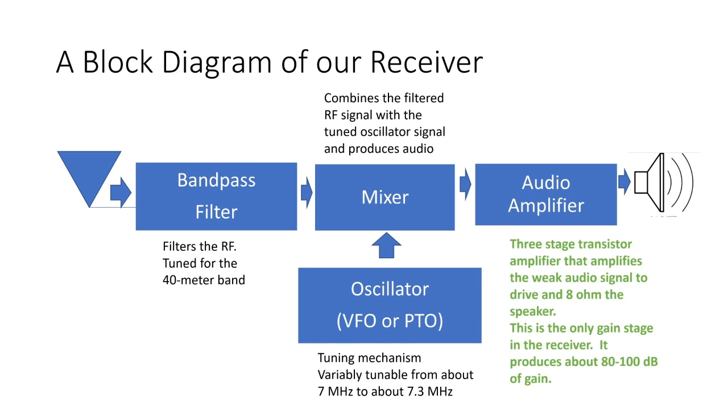Now this is the only gain stage in the receiver, so we don't have any amplification prior to this, and it needs to produce about 80 to 100 dB of gain to take those very weak RF signals and amplify them into a level that can be heard through your speaker. And so 80 to 100 dB of gain, and that makes the layout and design of this circuit critical, because